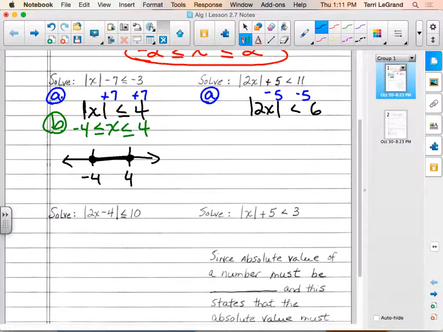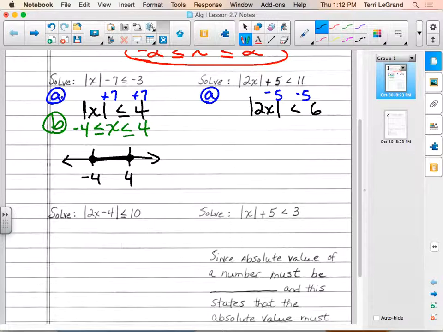Give me some examples of some numbers that have a distance of less than 6. 3. Ricky? -5. 4.5. Okay, how about 10? No. How about 7? No. How about 6? No. So 6 though would be up to 6, right? Any number up to 6, like 5.9, and any number down to